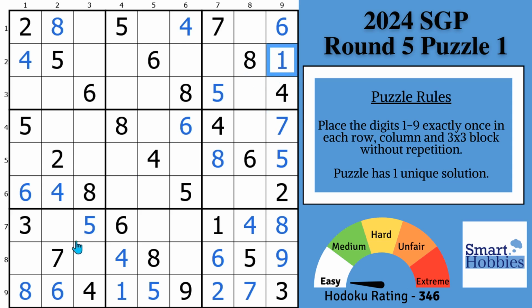You can also apply it to a house when the cells aren't in a straight line. So right here in block 7, first thing you want to do is see what the digits are in that block. We have a 3, 4, 5, 6, 7, 8. So then we need a 1, 2, and a 9. You'll see that 2's look at these 2 cells, and then a 1 repeats on one of these cells. You have this situation that's right for a neat naked triple trick, because you know this cell has to be your 9. The only place the 2 can go is right there, and